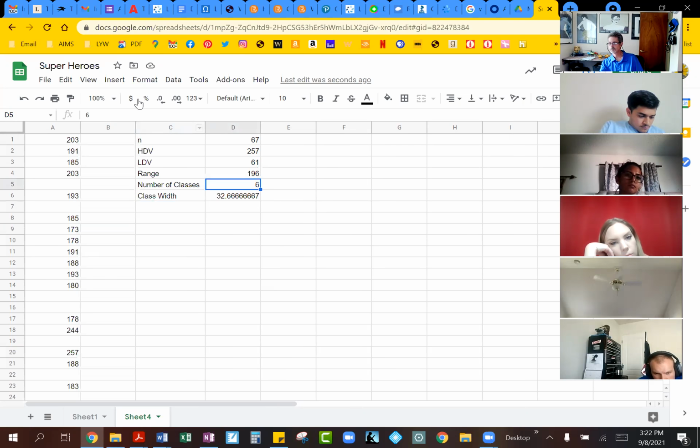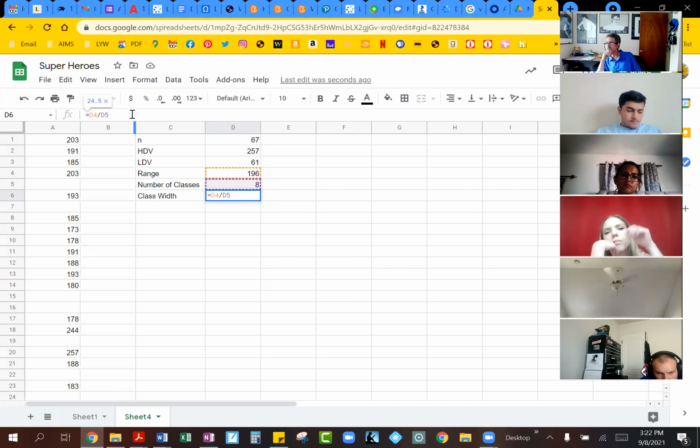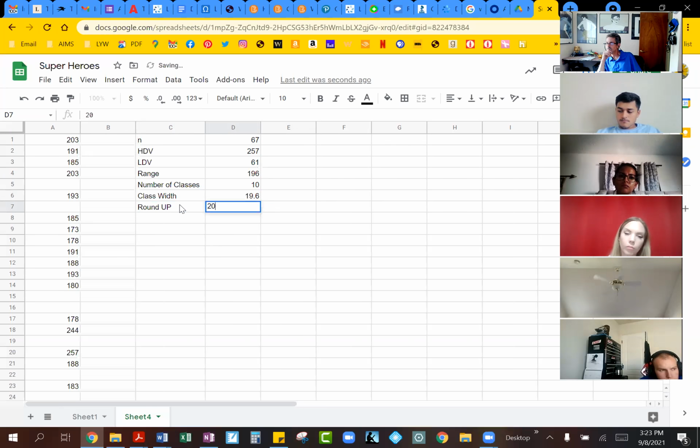Okay, let's see what happens if we change that number to a little bit higher. What if we made it 8? And you can see this is one of the reasons why I use cells instead of typing in the numbers, because when I change my value here, it automatically calculates the new width for me. So just as an argument, let's say we did 10 classes. So you can see this is coming out to be 19.6. Now, guys, remember, no matter what, you always round up. So this will become